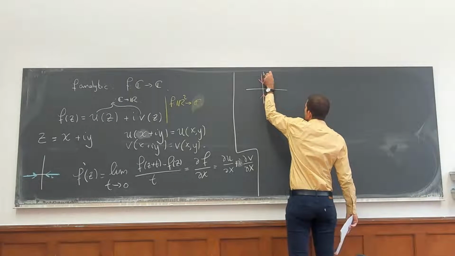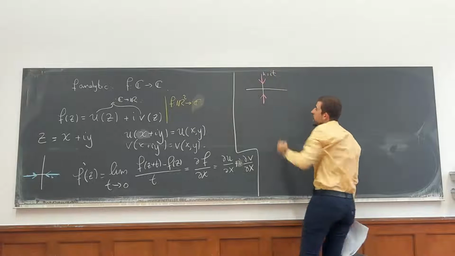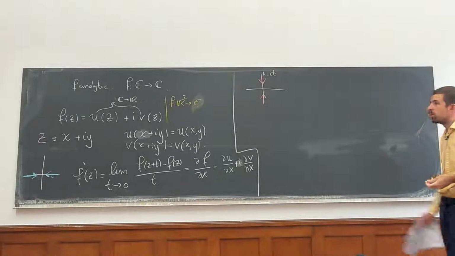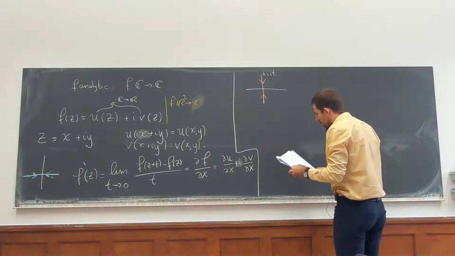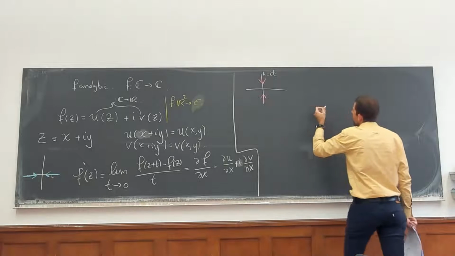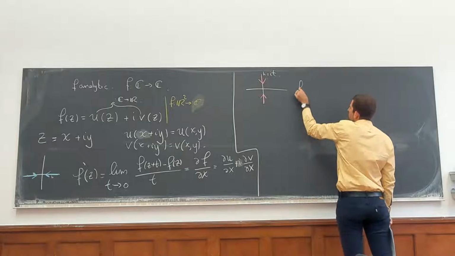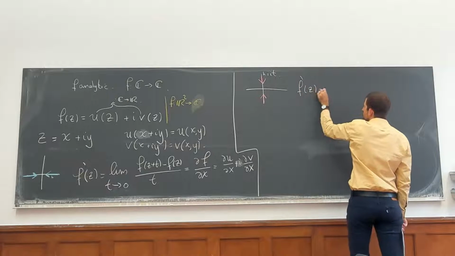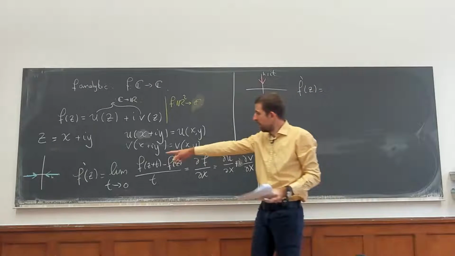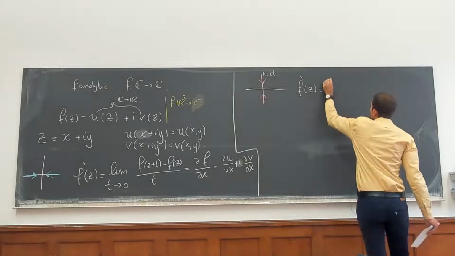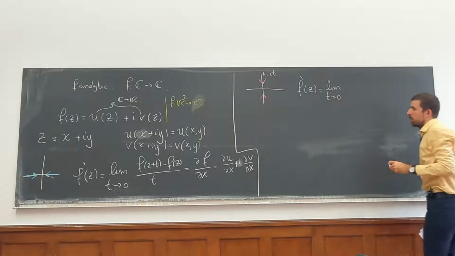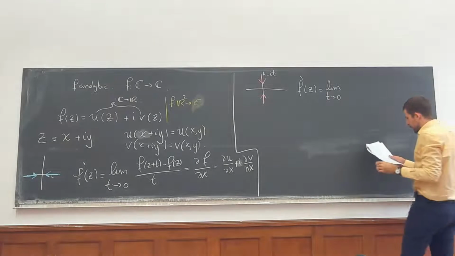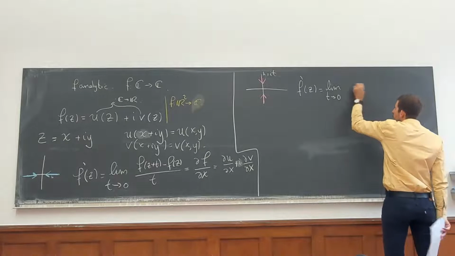Because I like using the letter t to represent a real, I'll use h for this one. And now what do I have here? Same thing, f prime of z needs to be equal to the limit of